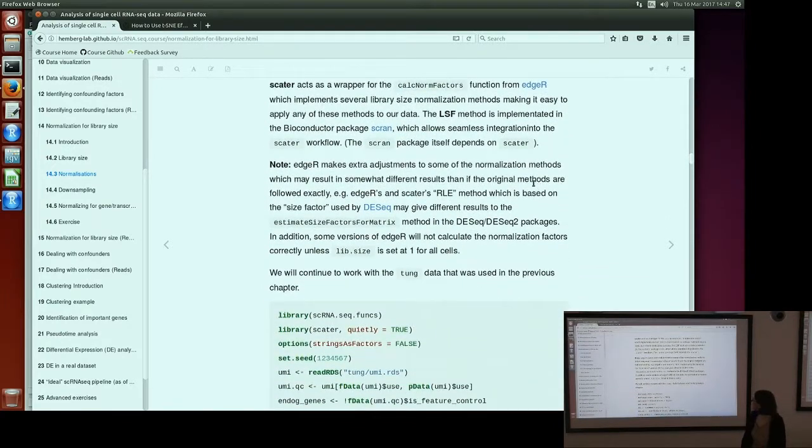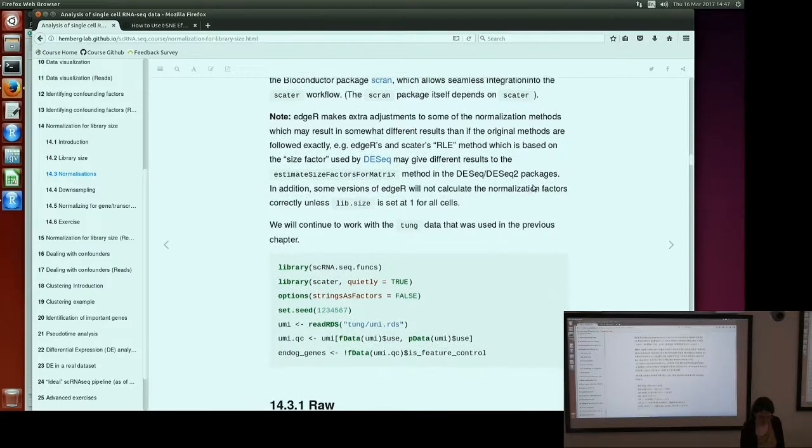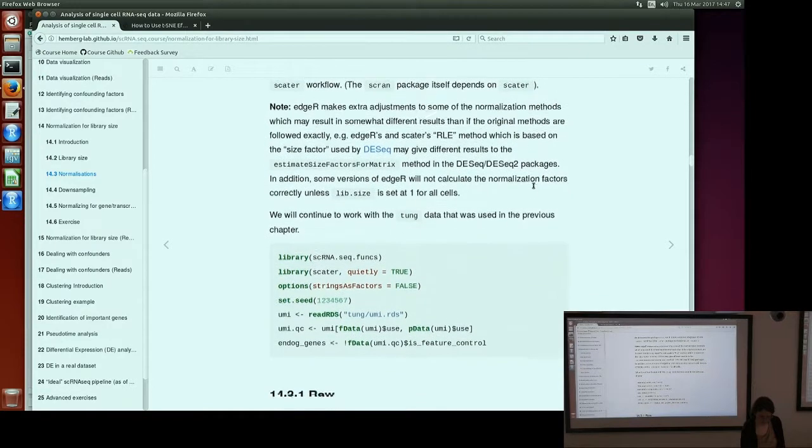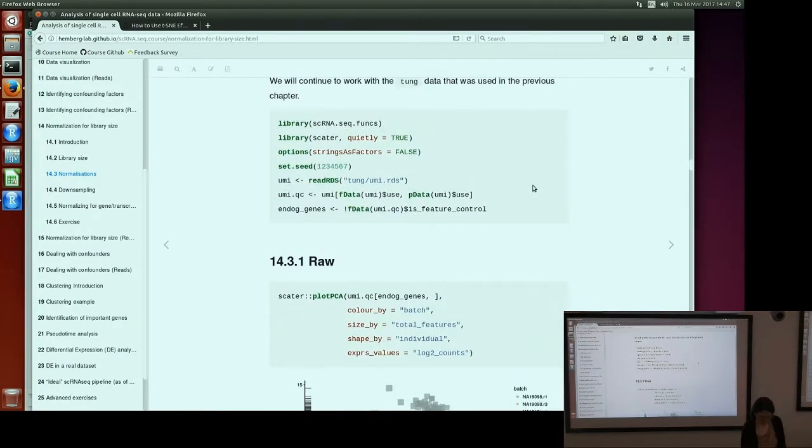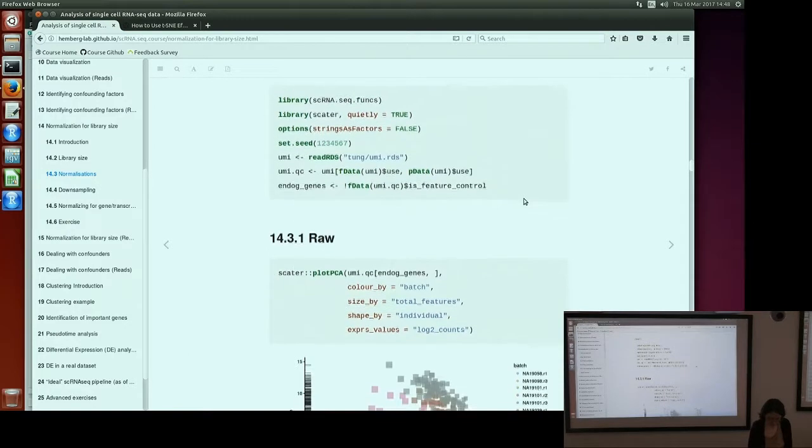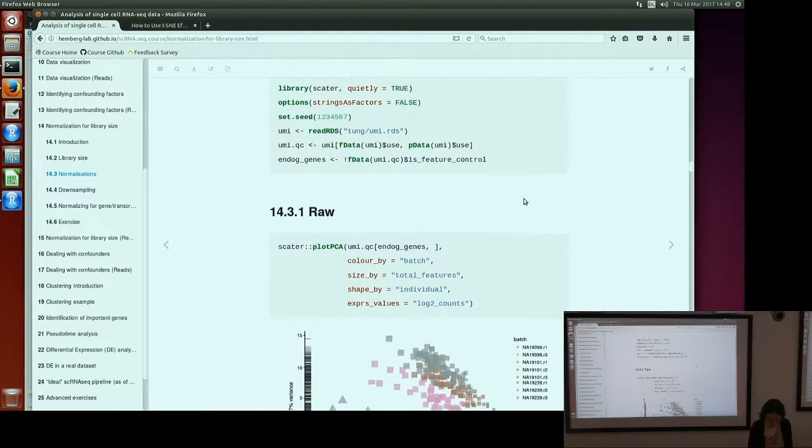So Scater very helpfully has this wrapper called calcNormFactors, which enables you to calculate all of these different normalizations very efficiently on your data set, just by specifying a different parameter. And we're going to continue using the same data set as before. So if you load the data up,